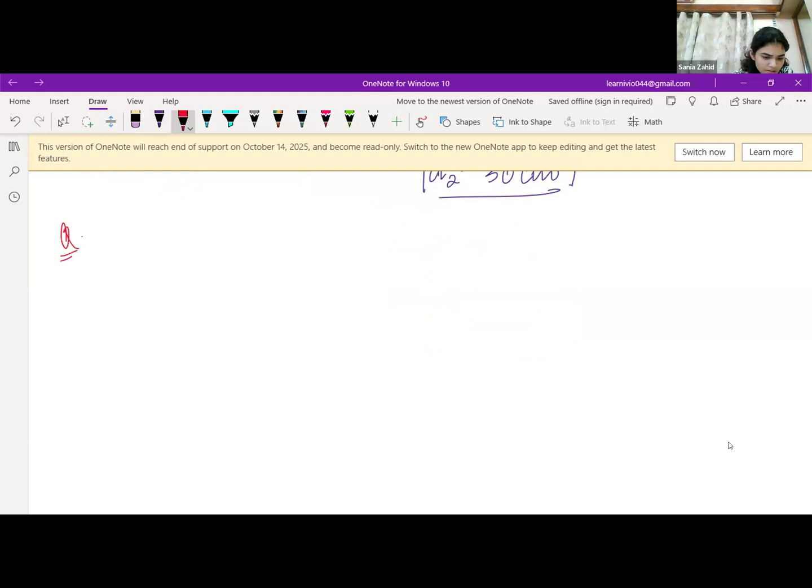It says, length of the fence of a trapezium